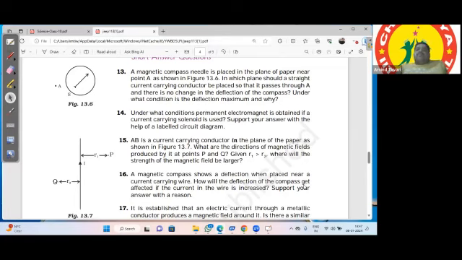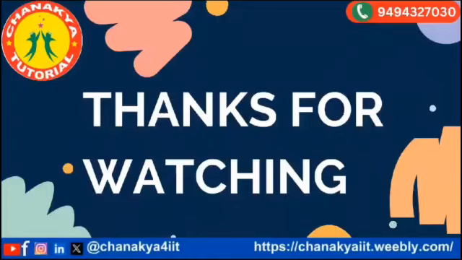A magnetic compass needle is placed in the plane of paper near point A as shown in the figure. In which plane should a straight current carrying conductor be placed so that it passes through the paper and there is no change in the direction of the compass? So in which plane should it be placed so that the compass needle